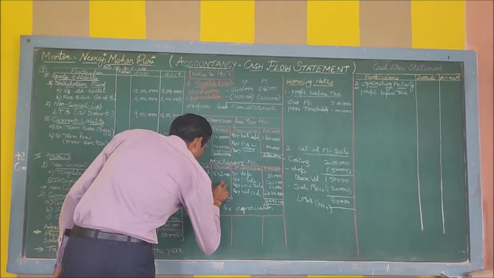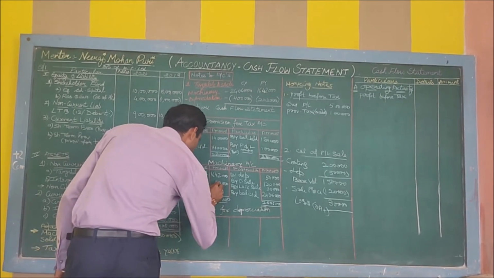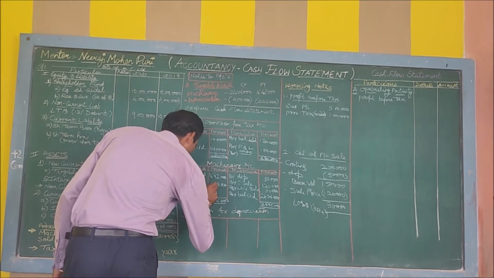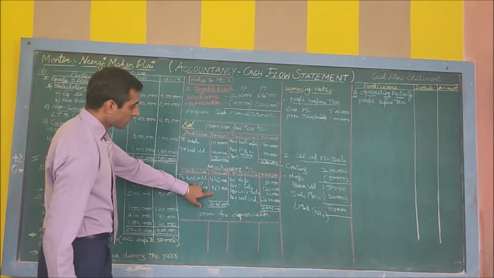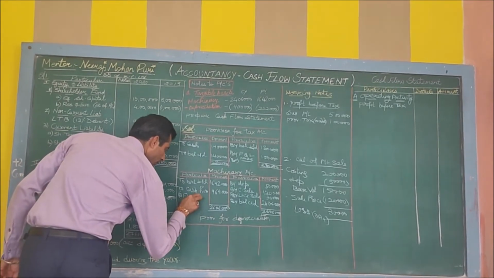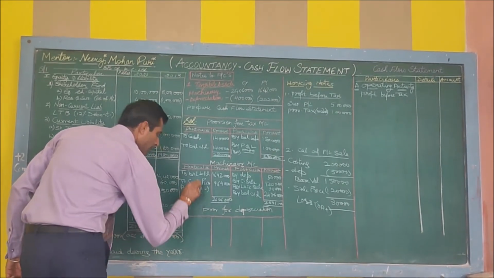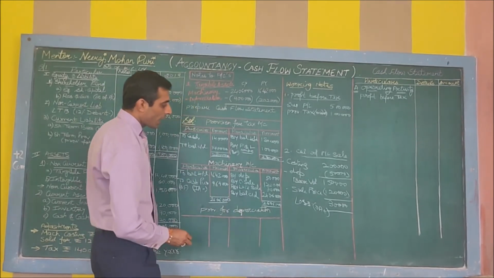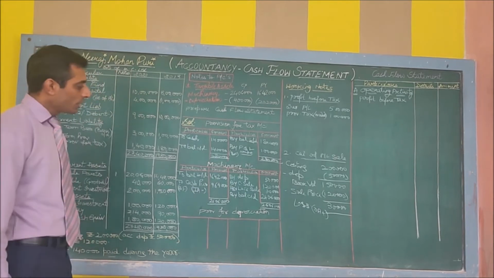Find the difference. This is 2 plus 4 is 6,000. Then we have 6 and 4 is 10, 17, and 9, 26. 9,64,000 is the purchase value. From here this item will be taken to investment activity as minus. This item of cash sale will be taken to investment activity as plus. Loss will be transferred to operating activity.